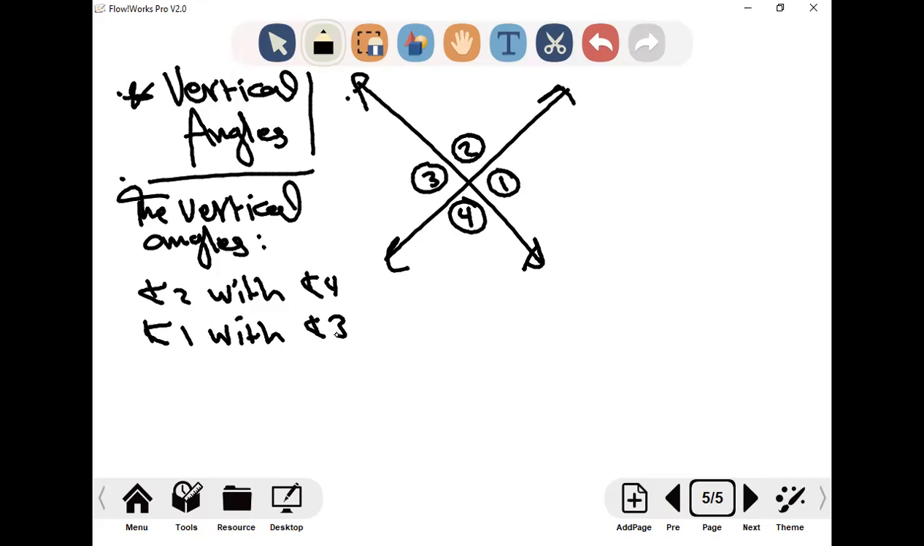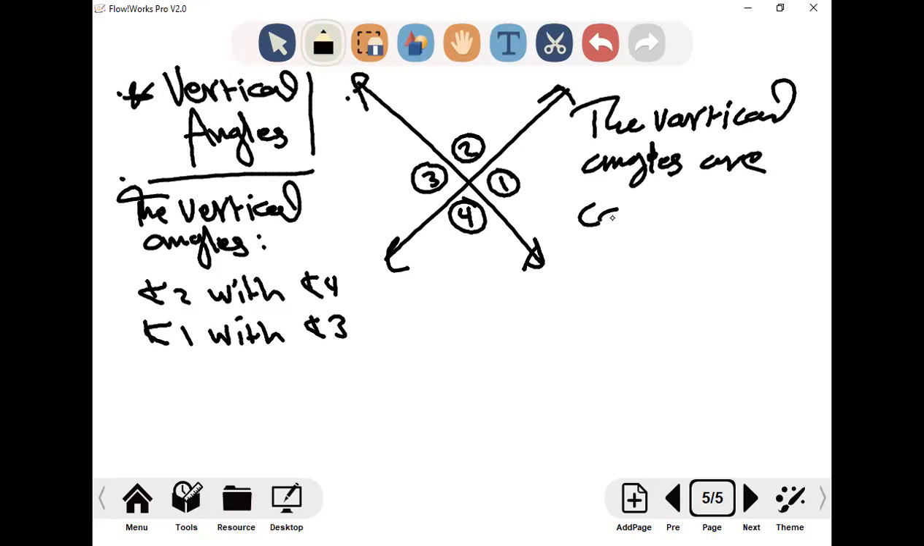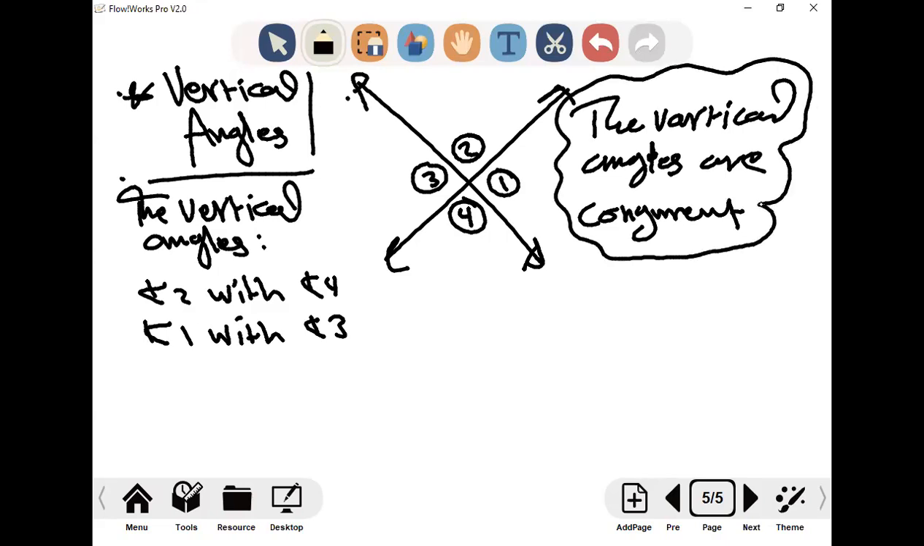What's the property of the vertical angles? Look here. The vertical angles are congruent. Are what? What's the meaning of congruent? They have the same measure. Congruent means they have the same measure. Which means the measure of angle 1 should be equal to the measure of angle